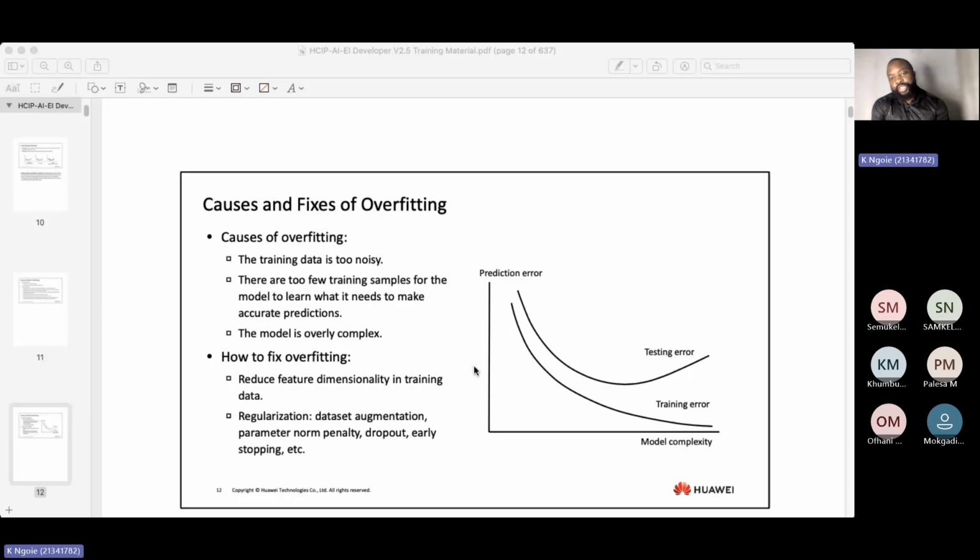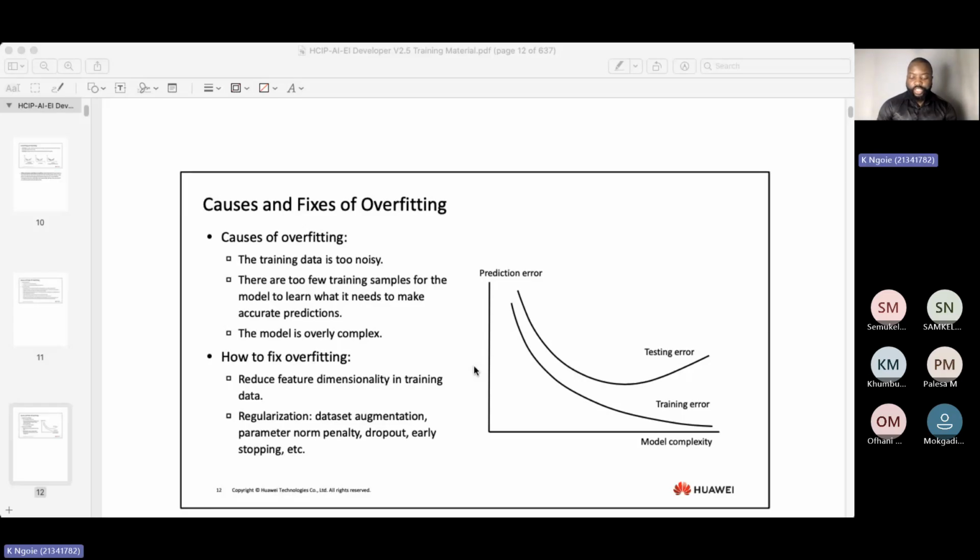If you have so many features and some of them are not even relevant to really determining if this is a male or a female, like let's say the colors of the clothes and all those features. So you now have a lot of features that are not really necessary, because the color of your clothes does not really determine if you're a male or female. So when you look at that now, you have so many features like that.